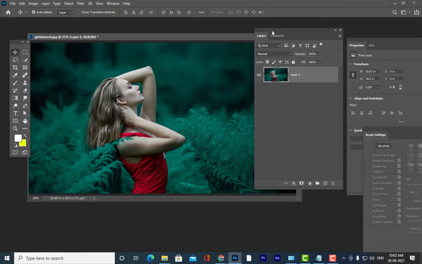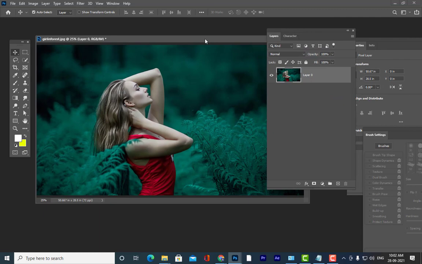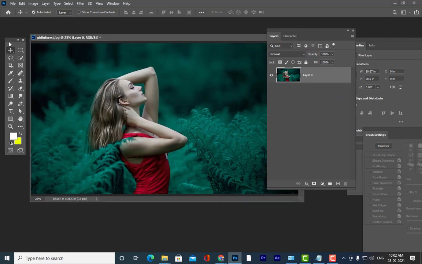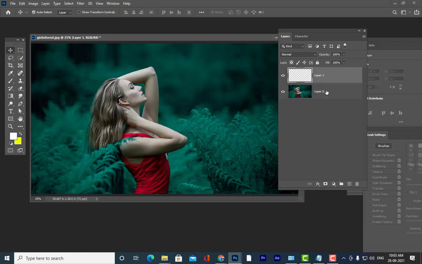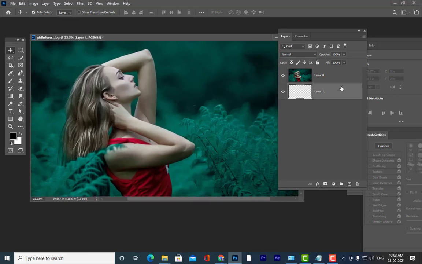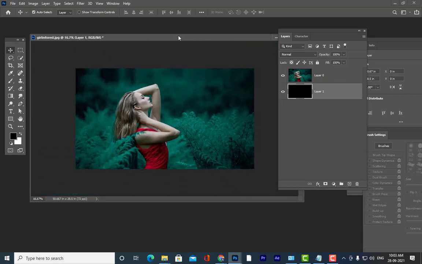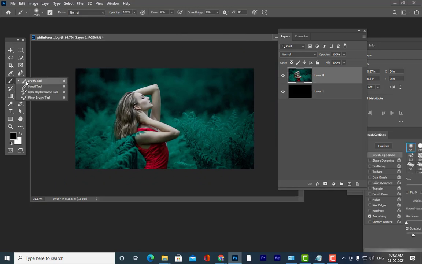We can create some interesting things in mask. In the last class we used that soft rounded brush, right? We can use some different special type brushes, and then create some more interesting things with the mask.